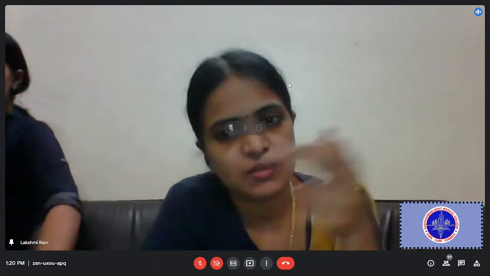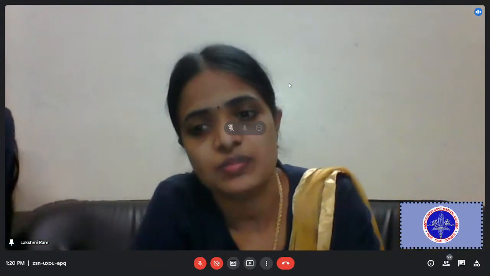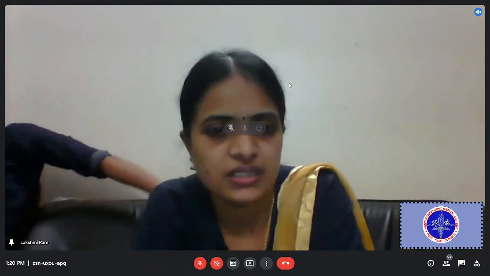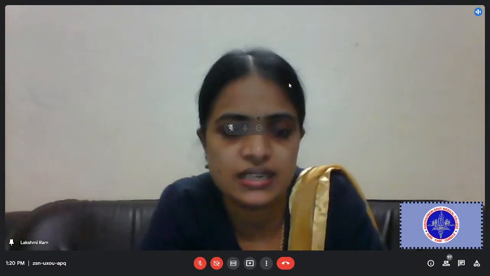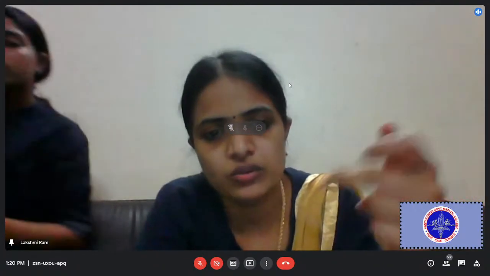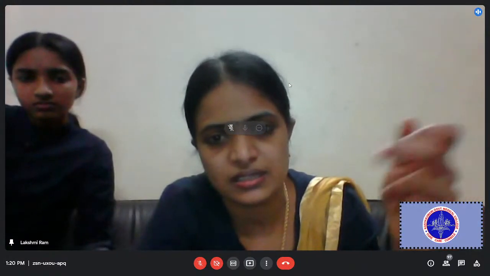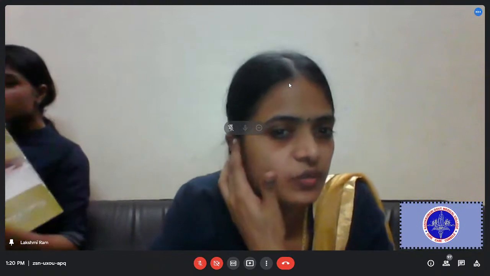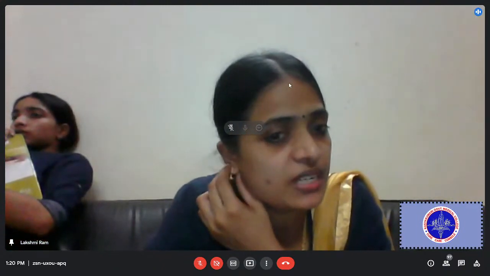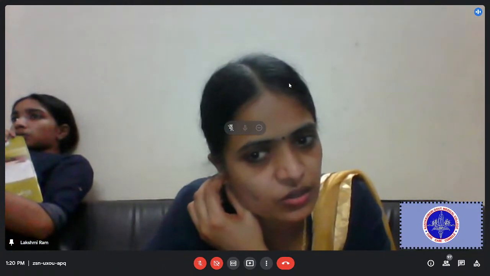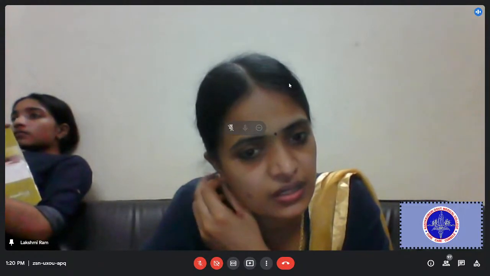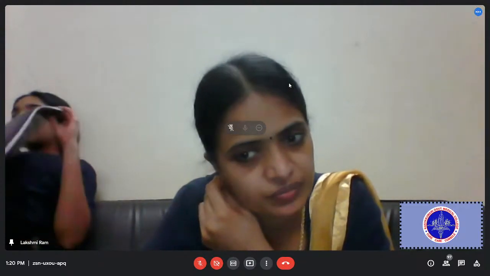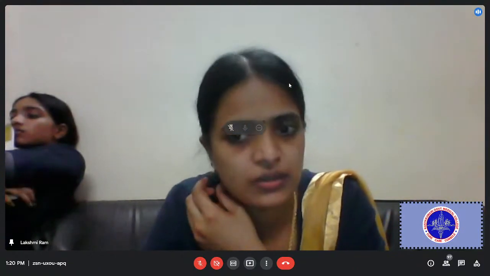Then after transeptal puncture, the atrial septum is punctured and the catheter is inserted into the left atrium. Now a balloon at the tip of the catheter is directed across the mitral valve. Then it is inflated. This is the procedure of percutaneous mitral balloon valvotomy. There is no need for cardiopulmonary bypass, so we can do it without cardiopulmonary bypass.